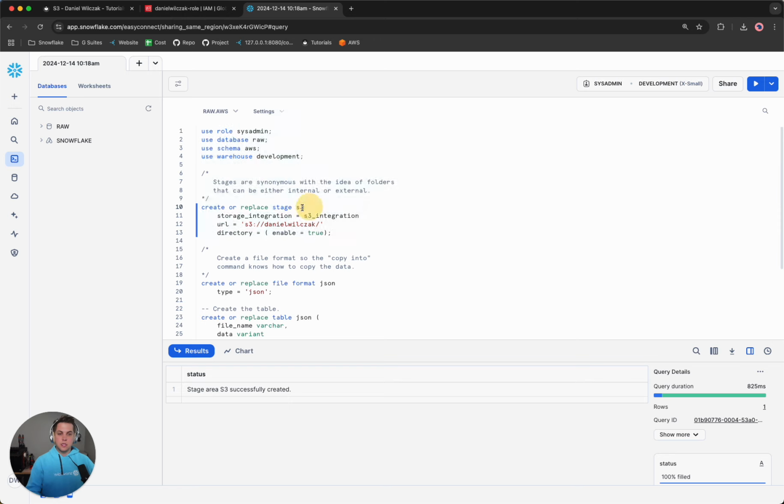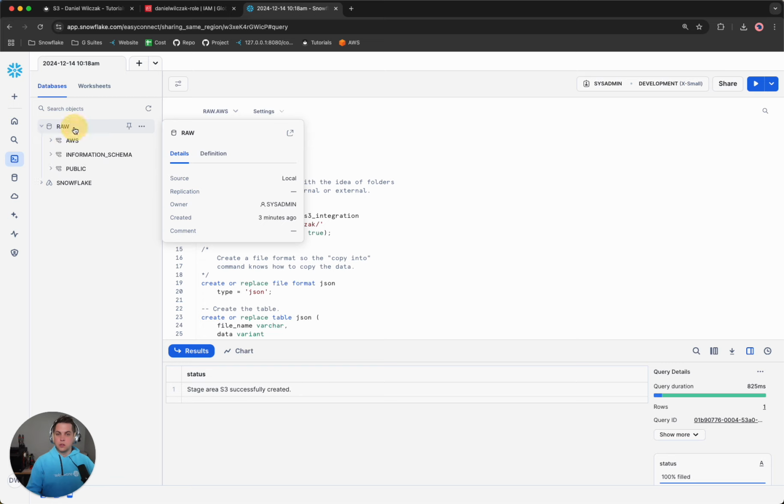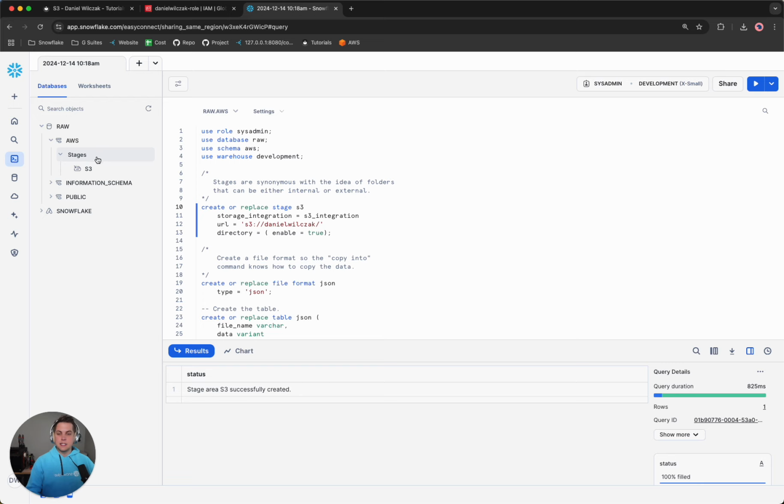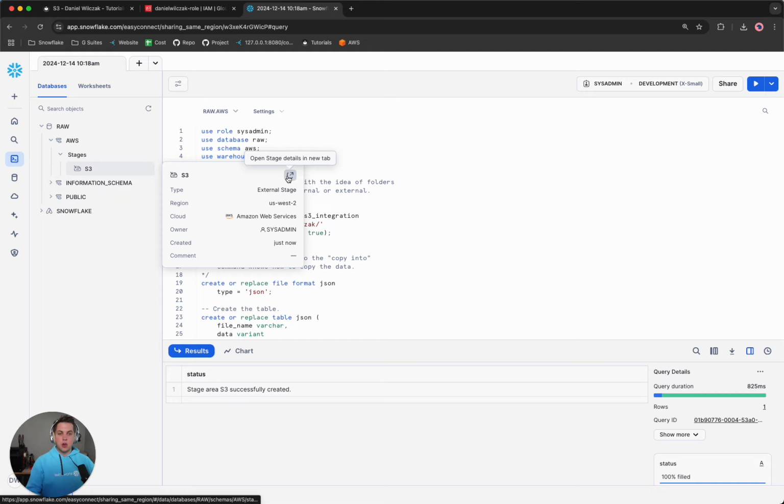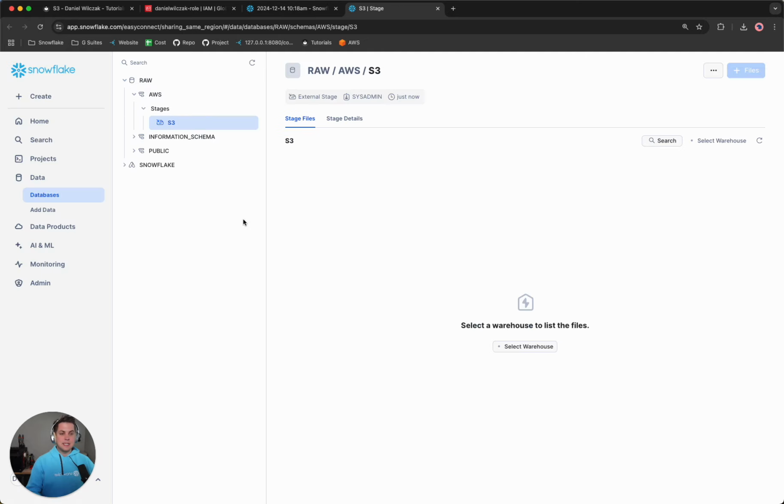And then we'll notice that we now have a stage. And if we wanted to see this, we can go into the raw database, into the AWS schema, and then into the stage. And we'll notice that we have an S3 stage there now. So if I open that stage up to see its details,